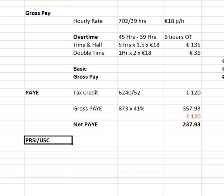Okay, the last thing you have to calculate is the universal social charge and PRSI. Now they've combined them in this question. In real life they're two separate taxes. The PRSI in theory is your contribution to the social welfare system, and the universal social charge was a special tax brought in when the public finances were in a mess in 2008, 2009. We still have it. It still comes out of people's pay slips. So, and they tell us that's 10.5%, and that is taken as a percentage of one's gross pay. So all your earnings together. And 10.5% there is